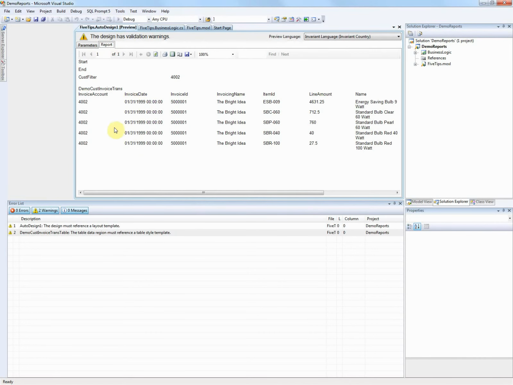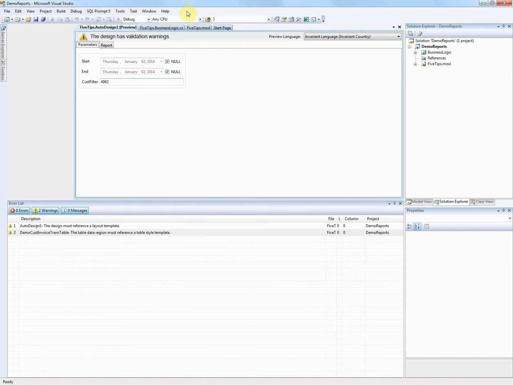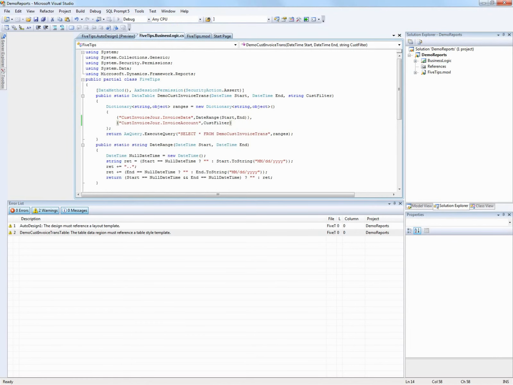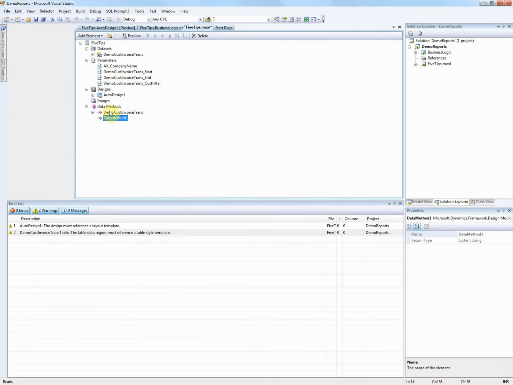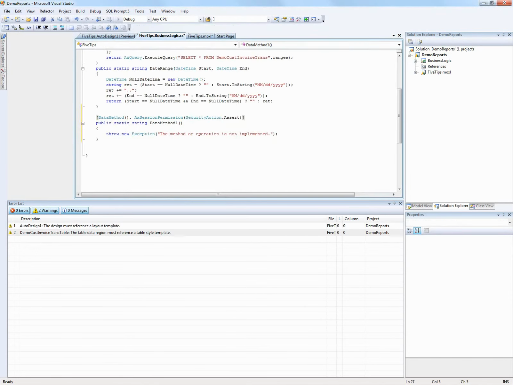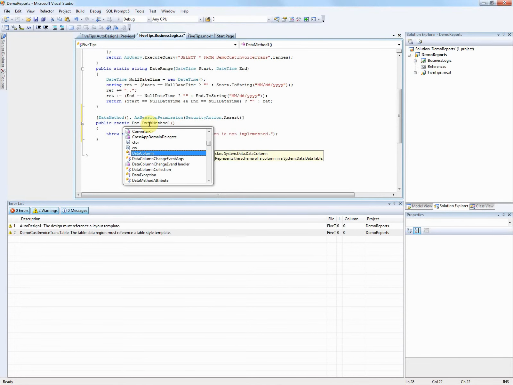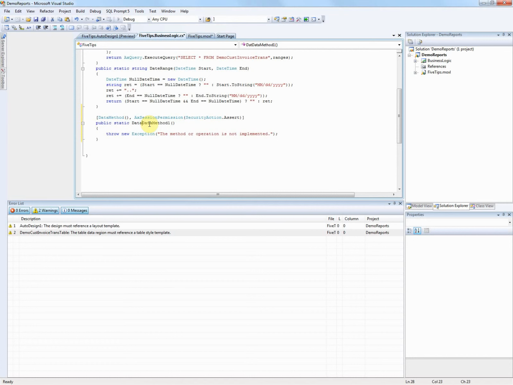But a filter's not really all that good if you have to run it without the filter before you figure out what you need to do. So what we want is a drop down here. And we're going to get that drop down from another query that I've built. So in order to do that, I'm going to go into the Moxel, add a data method. I'm going to view the code, and that is going to return a data table,